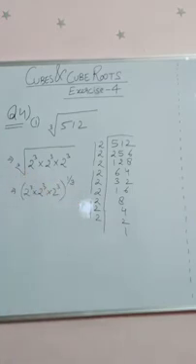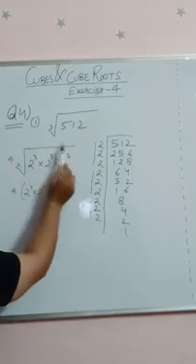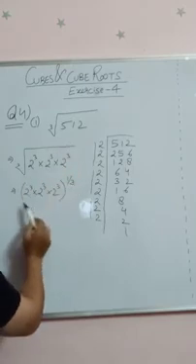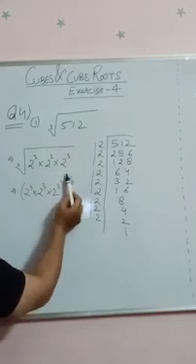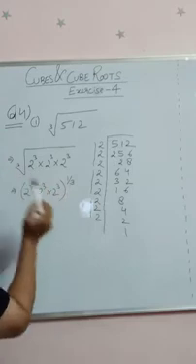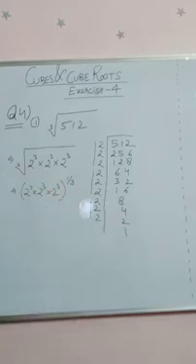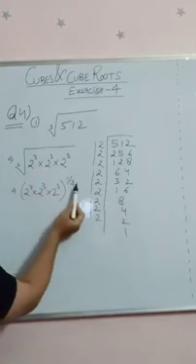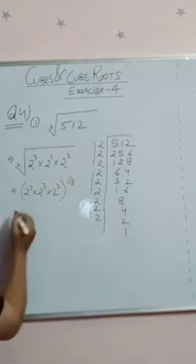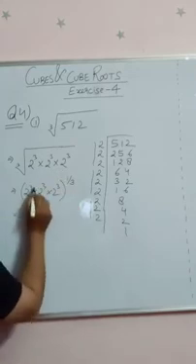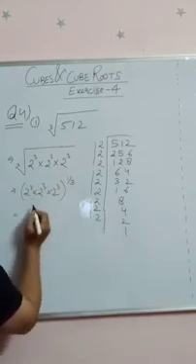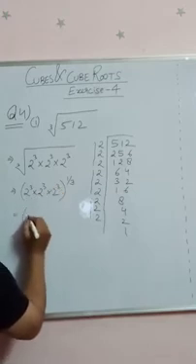So what you need to understand is that whatever root we are talking about, it can be represented as a power, but the power is going to be a fraction. If it was square root, it will be 1 by 2. Because it is cube root, that is why the power is 1 by 3. So let us simplify it further. The power is distributed, so we can take it as common. So what do we have in the bracket?